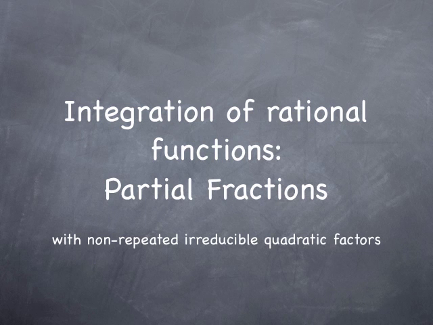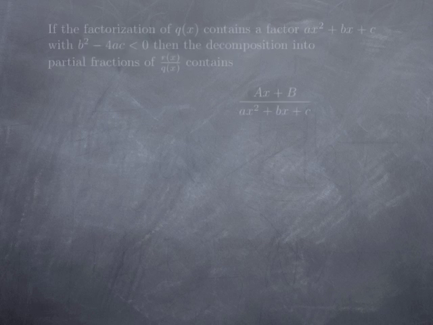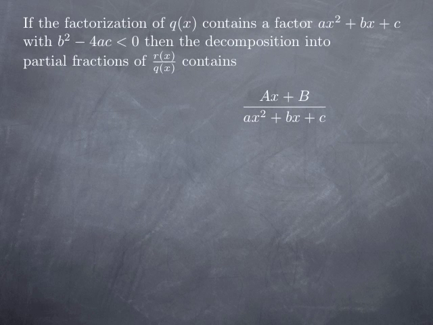Continuing with our study of integration by partial fractions, we're going to take a look at the case where we have irreducible quadratic factors in the factorization of the denominator. So in the case where the denominator contains a factor that is an irreducible quadratic term, that is a function of the form ax squared plus bx plus c, a quadratic function, where b squared minus 4ac is negative. Well, that means that this quadratic factor cannot be factored any further, because this b squared minus 4ac is the quantity that you would plug in the square root when you use the quadratic formula. So if it's negative, that means you have no real zeros for this quadratic function and it cannot be factored